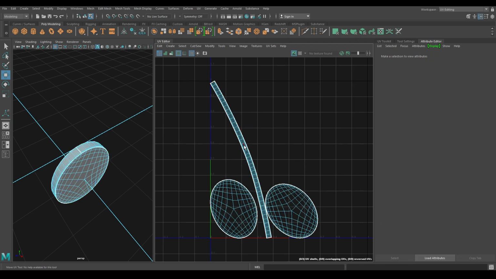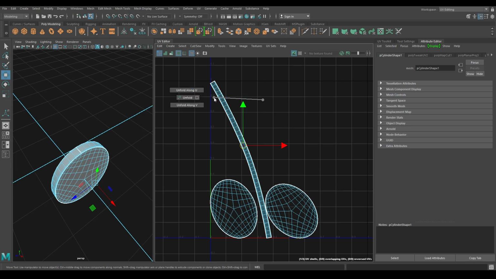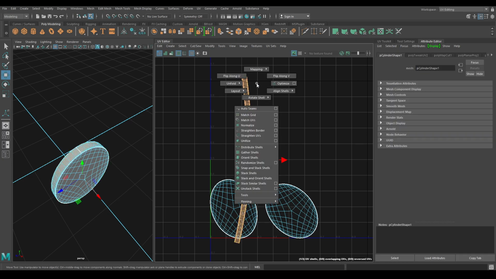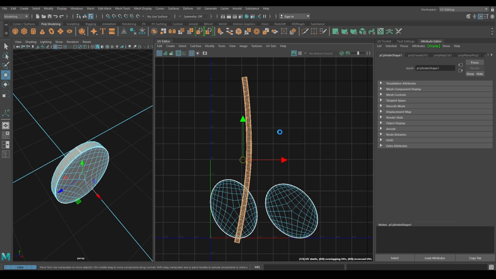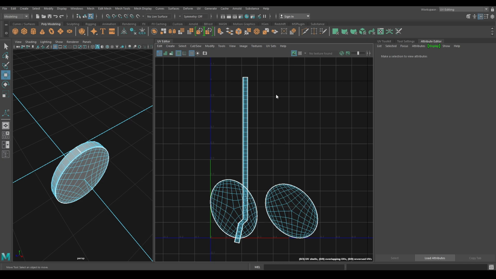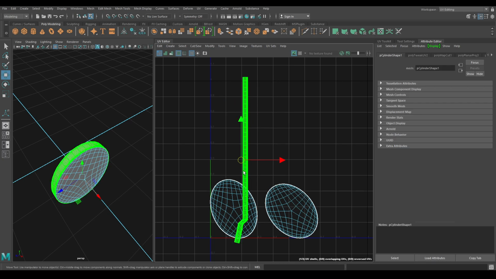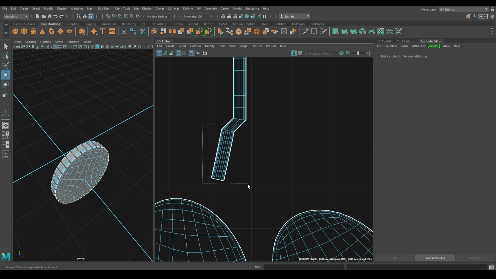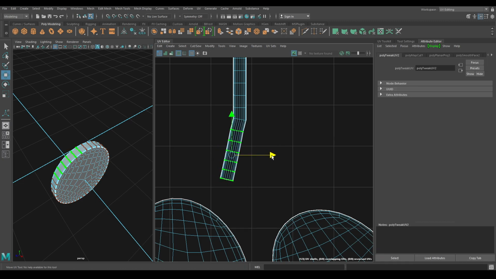Go to edge mode, select this middle edge and press shift right click and select this orient shell to edges. You can select this shell and also go to straighten UVs. Now go to UV mode and select these UVs, tweak them a little bit.